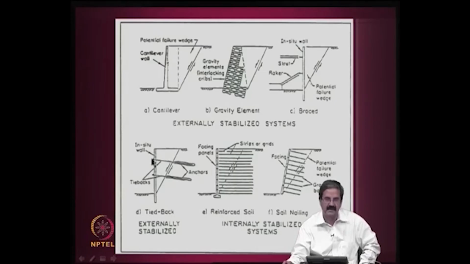Then once you do like this, the pressure coming on this is quite less. So, it is an in situ wall. This is called a tie back wall. The second thing we do is the same, it is actually nothing but reinforced soil, like we